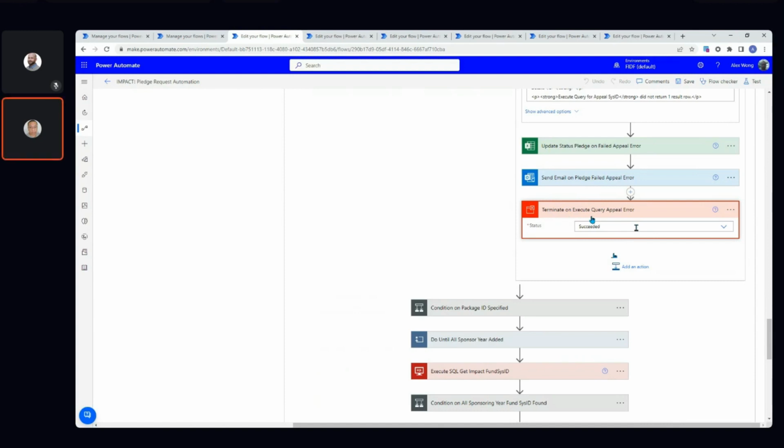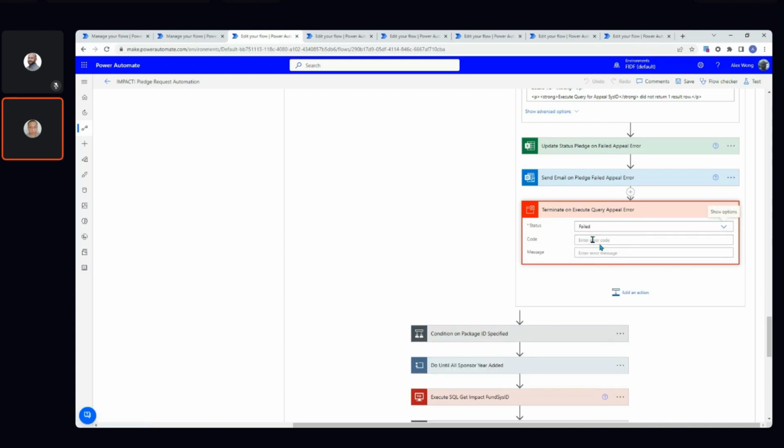Okay, so that's the important thing I want to talk about now, and that is the success message. You can terminate with a couple of things. You can terminate with a success message. You can terminate with cancel. You can terminate with a fail. And if you terminate with a fail, for example, you could provide an error code, and you can provide a